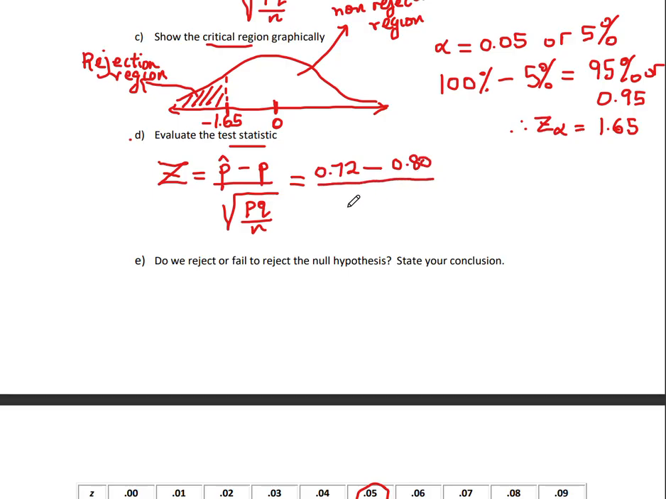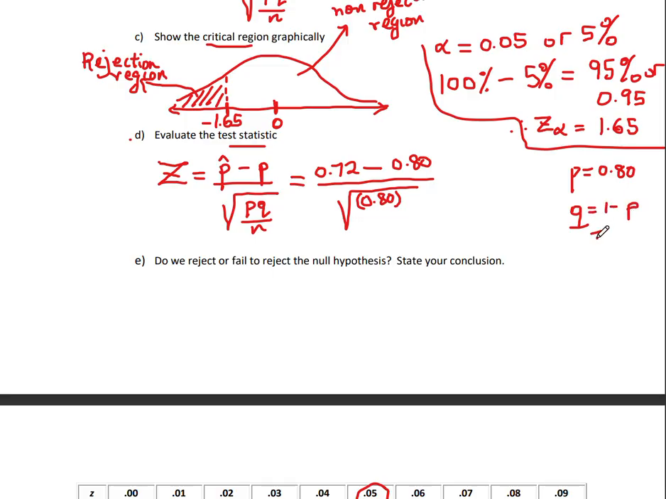We're going to divide that by the square root of P times Q, where P is 0.80. And P plus Q must add to 1. So because P is equal to 0.80, then it stands to reason that because P plus Q, which is total probability, must add to 1, Q is 1 minus P, which is 1 minus 0.8, and that gives us 0.2. So Q is 0.2. So this is 0.8 multiplied by 0.2